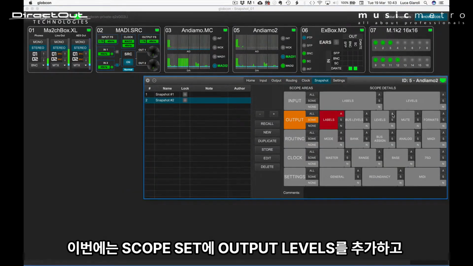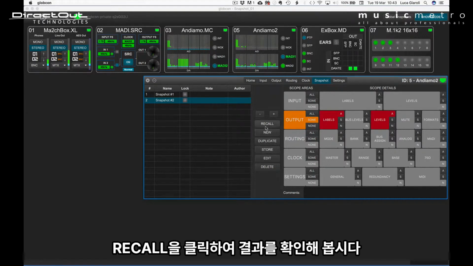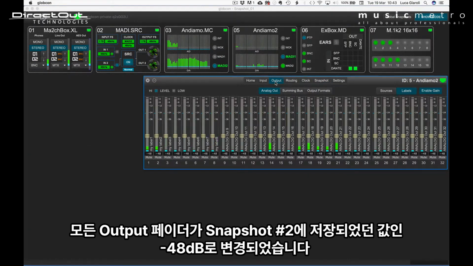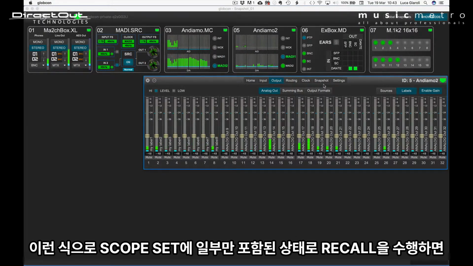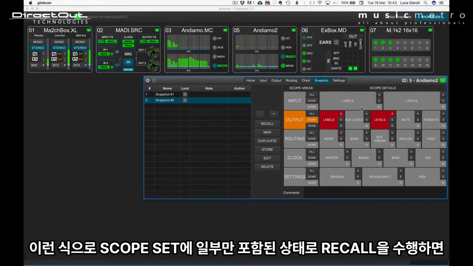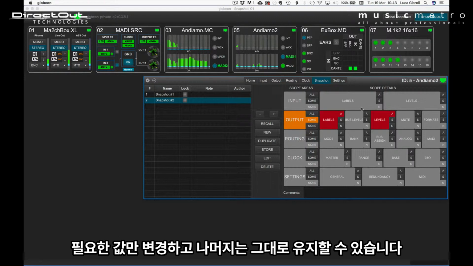Let's now add the output levels to the scope set. Let's click on Recall and check the results. All the output faders are now set to -48 dB according to the values stored in snapshot number 2. In other words, a recall with a partial scope set is like a morph action, trimming just some parameters while